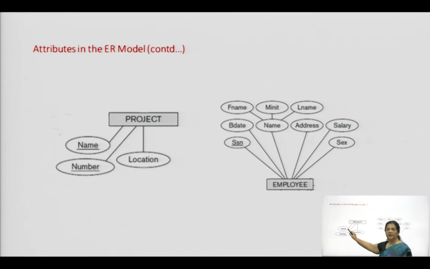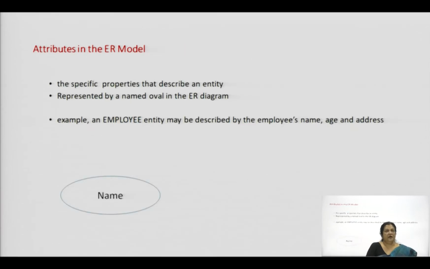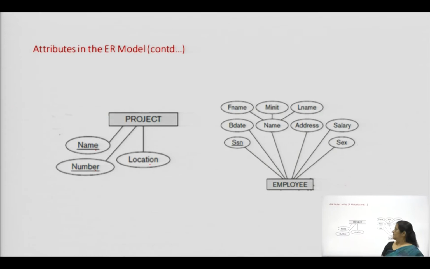The attributes that we need in our database are the name, the number and the location. There can be other attributes for projects. For example, it can be who is the mentor of the project, how many students are registered for the project, but we are not concerned with those properties in our database. Hence, we will consider only the properties that we are interested in as the attributes. An attribute in the ER diagram is given by an oval with the name of the attribute written within it. Let us look at these examples.